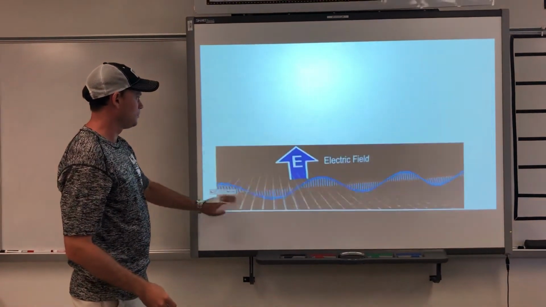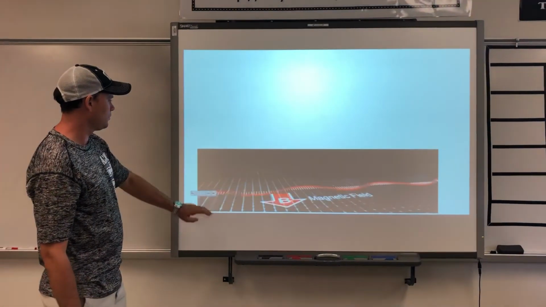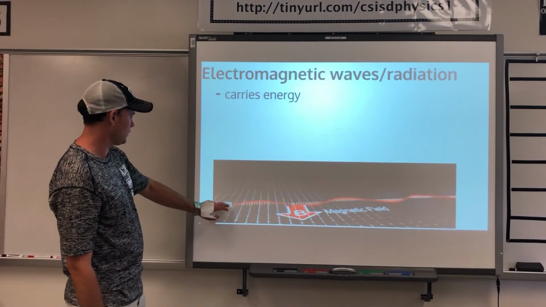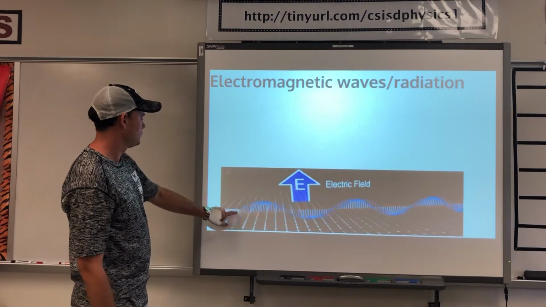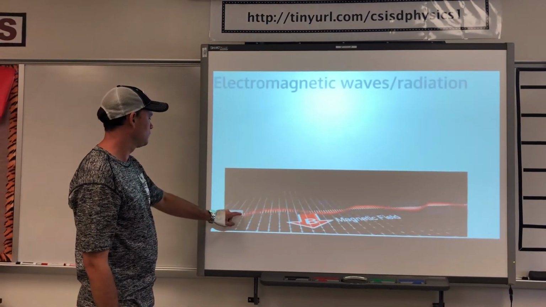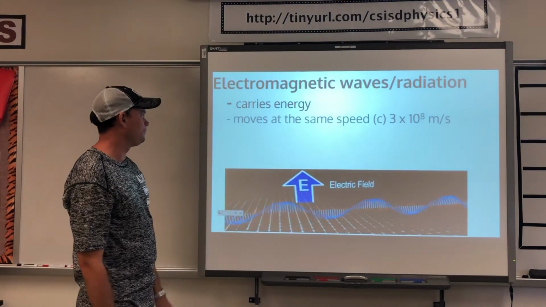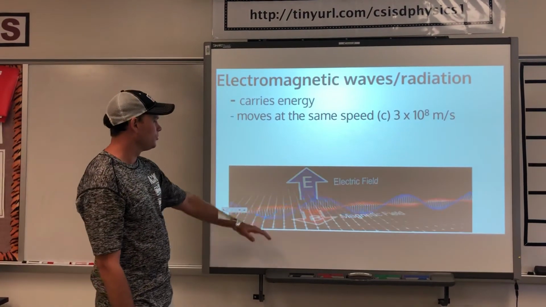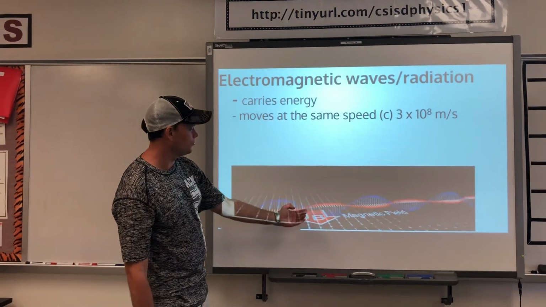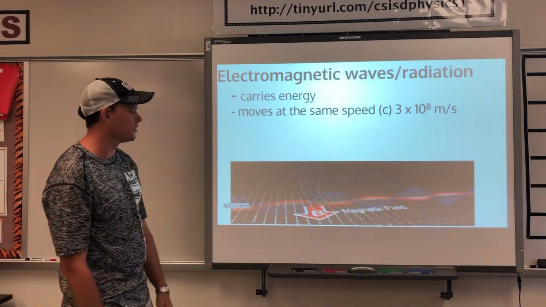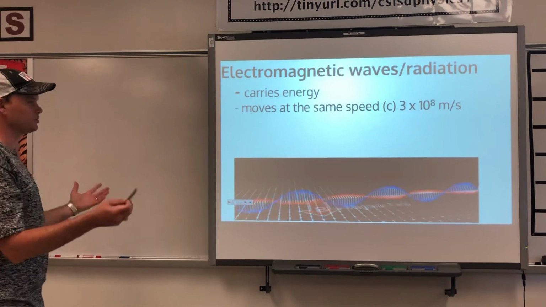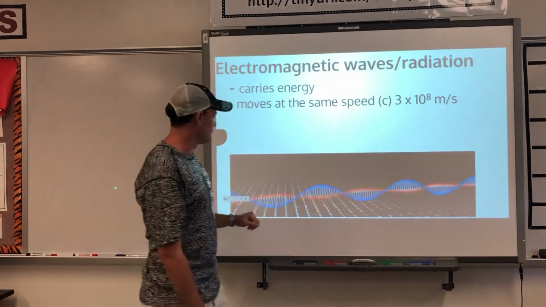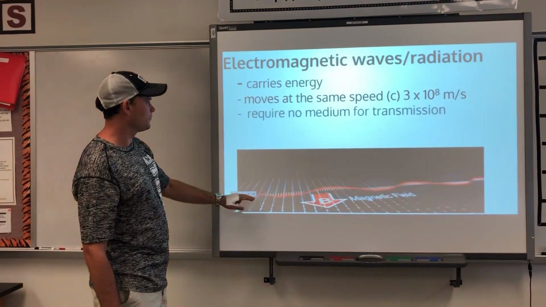And so this is our current understanding of a ray of light, a wave of light. They carry energy, and they all move at the same speed, obviously, all electromagnetic waves. But you have an electric field that then produces a magnetic field that then produces another electric field, and so forth. And this only happens at one speed, which is the speed of light. It won't work unless it's moving at that speed, really fast.